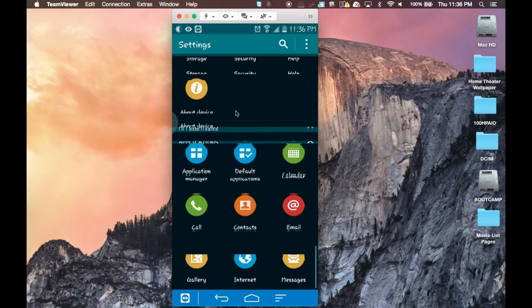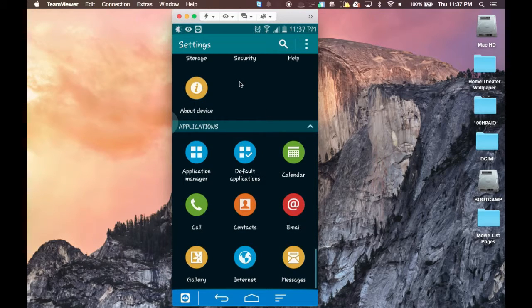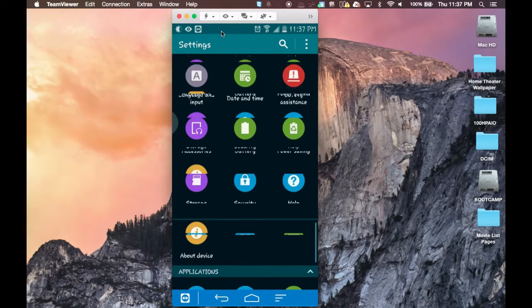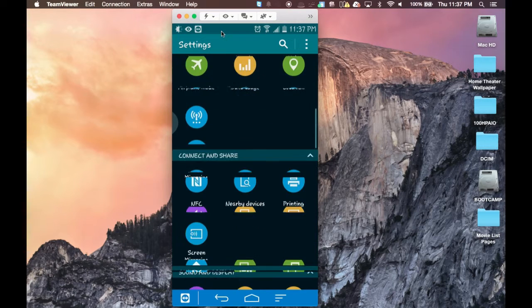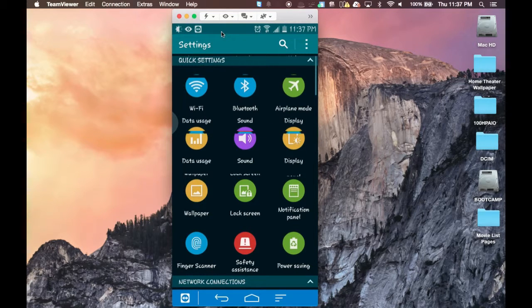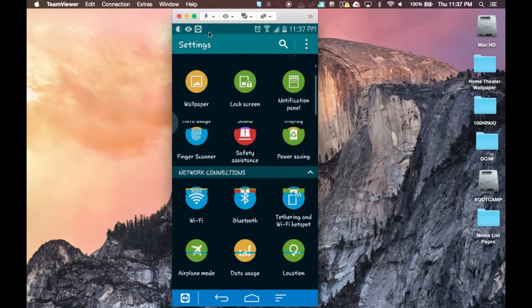There is some, like I said, there's a little bit of refresh delay, so you have to wait sometimes for the device to catch up. And for the most part it works pretty good, and especially being that it is a free application, it works great. So basically that just gives you an idea of what this can do, and like I said, you can also remote control computers,